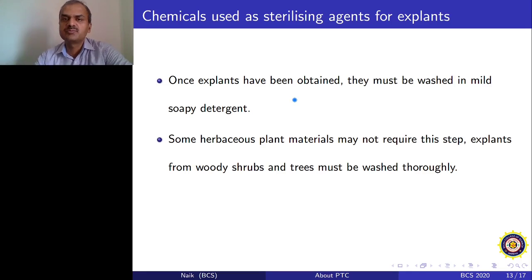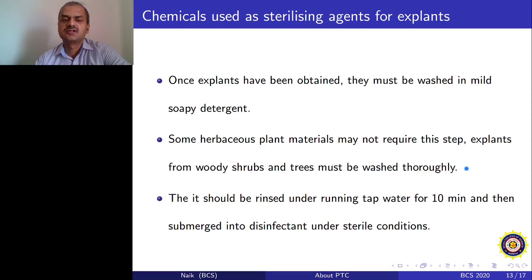You just have to chop that entire seedling on a petri plate and inoculate the explant directly on the tissue culture media. But if you are developing the in vitro raised seedlings, then the seeds have to be surface sterilized. If you are taking from a greenhouse grown plant, the axillary bud, apical bud, internode portion, root pieces, all those need to be surface sterilized. Now in woody shrubs and trees, you have to wash with soapy water or mild detergent very thoroughly, because they generally have a reasonably large number of dust particles and even fungal material.